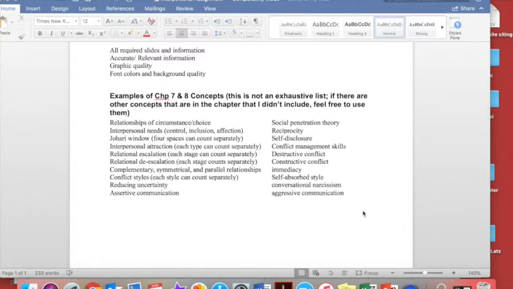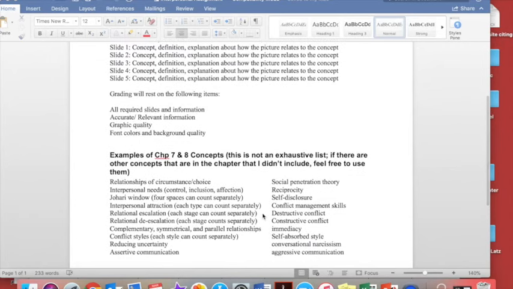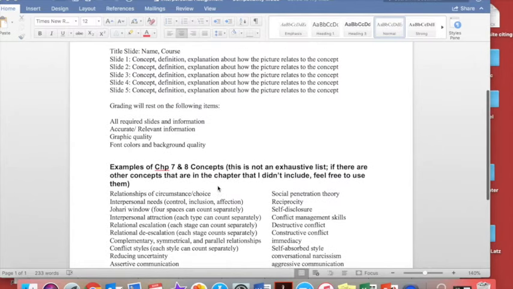There's no right or wrong way, so long as you follow the instructions and make sure you have the concepts, the definitions, the pictures, the explanations. Okay, so these are real life relationships that you're having right now. Don't pretend. I want you to really relate these things to your project. So again, just choose 5 of them that are going to go in here along with your title slide. So what is it going to